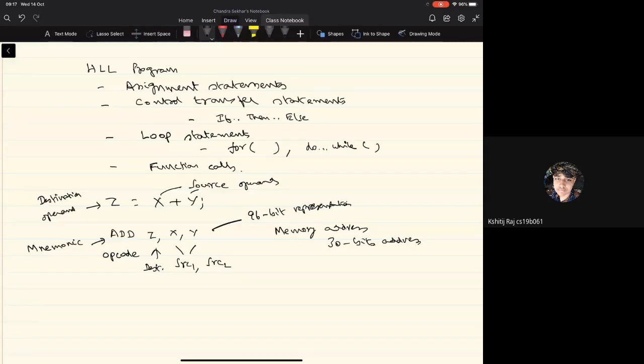And then once I read the complete instruction, then I have to perform the necessary operations in order to execute the instruction. What are the necessary operations in order to execute this instruction? First, I have to get the value of the variable x. For that, I have to perform a memory read operation, where I will give the address of the x as input to memory unit. Then I say that I want to perform a read operation, and then we read the content of that memory location, and then bring that value of the x into the processor. Followed by that, we have to perform the memory read operation from the memory location of y. And once we get both the operands, we have to pass them to the arithmetic and logic unit. And then we have to indicate that the arithmetic logic unit has to perform the add operation.